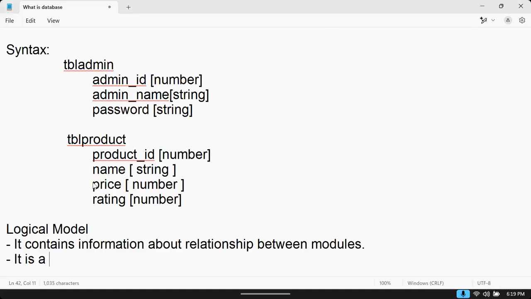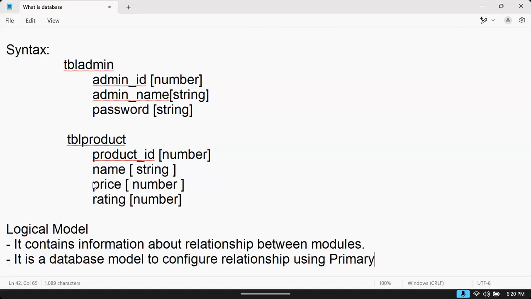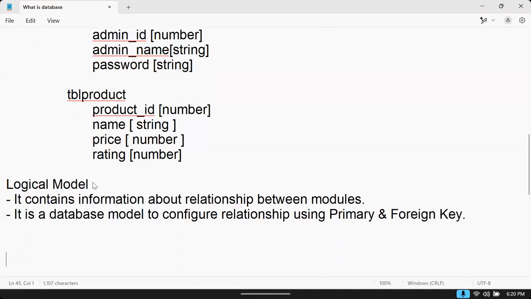It is a database model to configure relationships using primary and foreign keys. What are primary keys? What are foreign keys? You will learn about that.